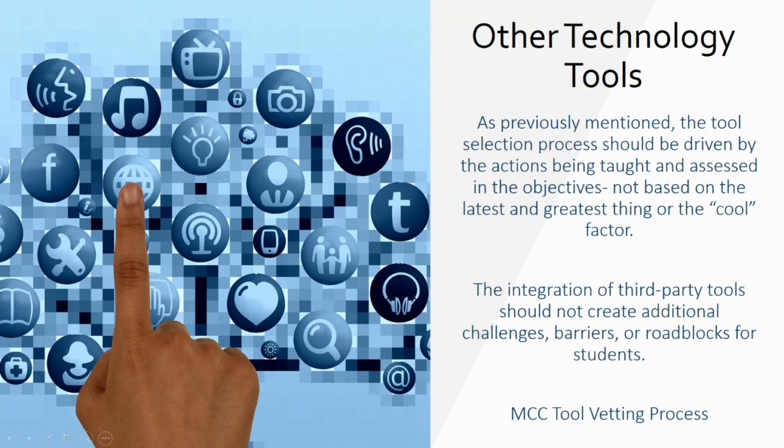Yeah, I will. I'll jump in for just a second. And pretty much what that process would look like is just a best practice. We'll refer to it right now. And the main purpose of the vetting process is for accessibility purposes. And so when you find a tool or software that you want to use in your course, the first thing that you would want to do is to check with your program coordinator for approval. And then the next thing would be for